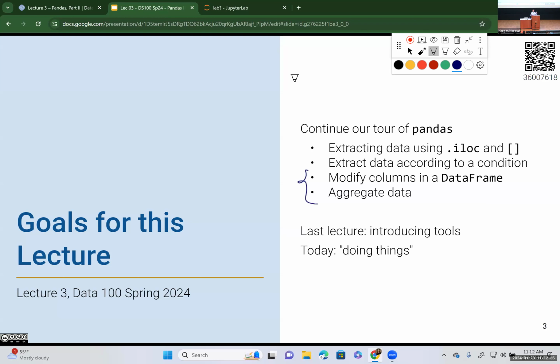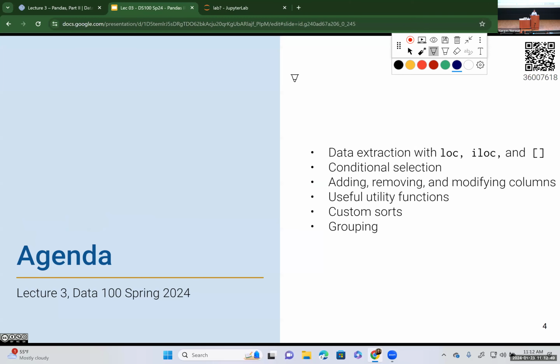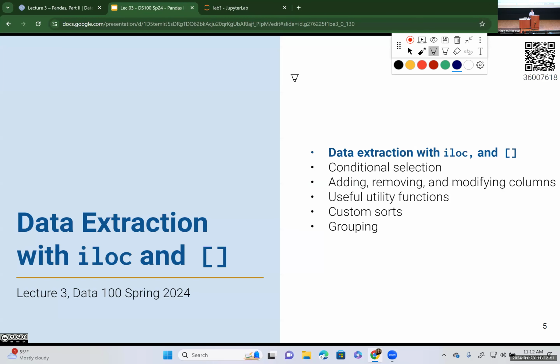And then quickly, we're going to see aggregation of data, or applying different aggregation functions on data frames, which is the main topic that we'll touch on again in the next lecture, Pandas 3. So let's dive into things by talking about loc, iloc, and this context-dependent selection operator